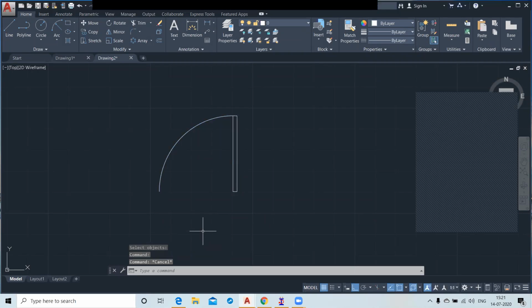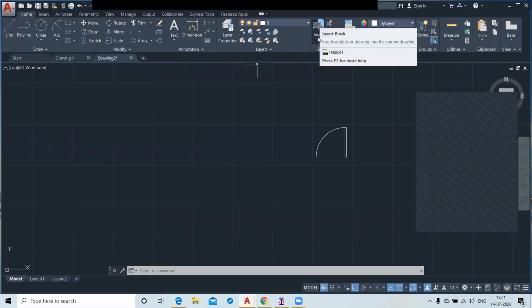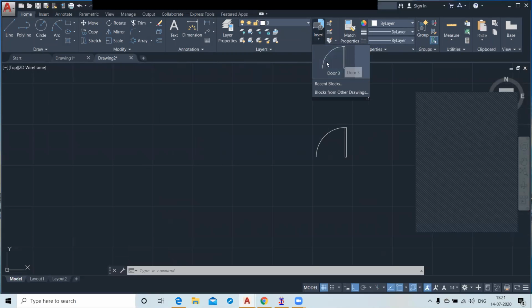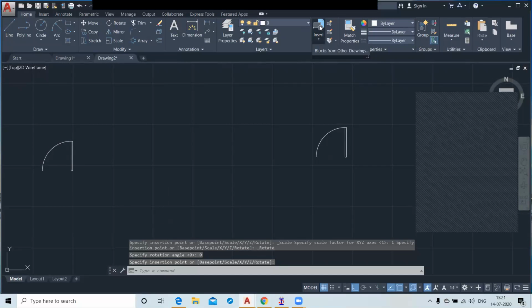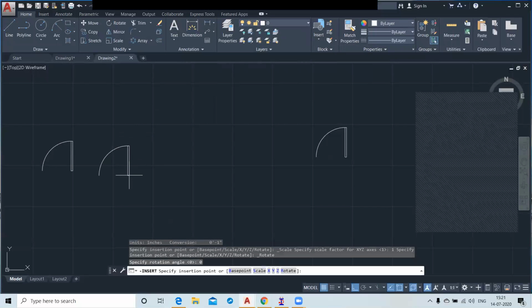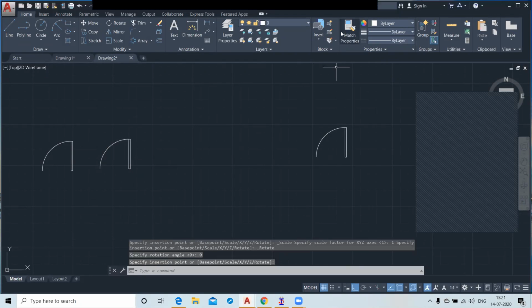Now, if you want to insert it in your drawing, you can go to insert from here, and this is your door block, right? Click here and paste it here. You can insert it as many times as you want. You don't need to copy each time and place it everywhere.